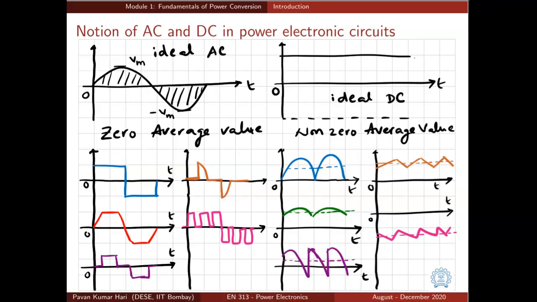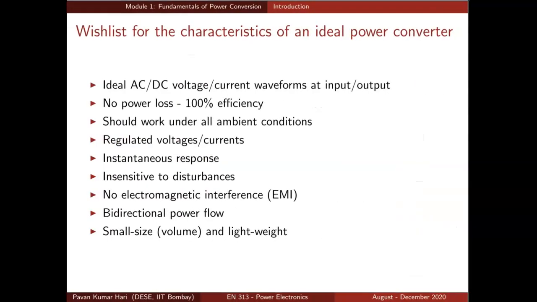Apart from the voltage and current waveforms, we also need to look at certain other aspects of a power converter. It is good to have a wish list for the characteristics of an ideal power converter. We'll start with the waveforms. The converter should have ideal AC and DC voltage or current waveforms on the input side as well as the